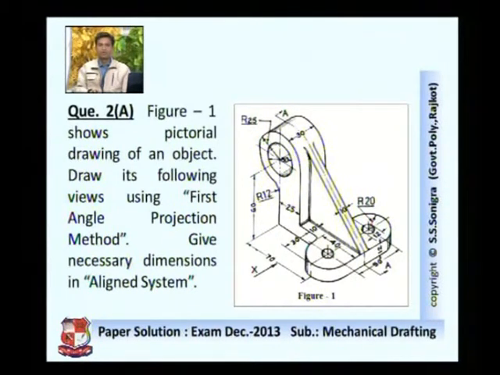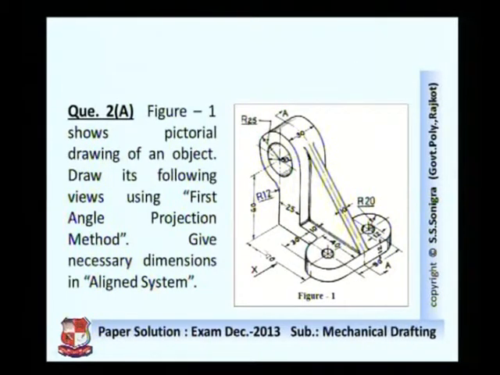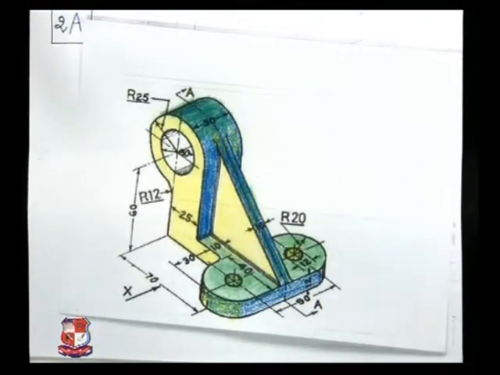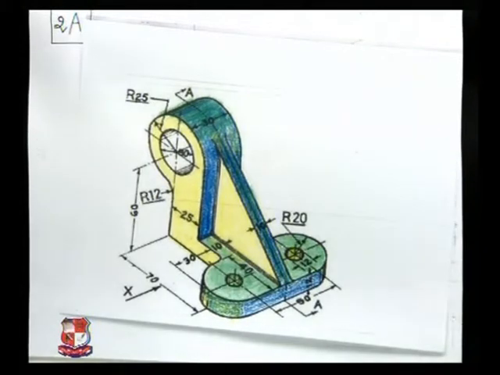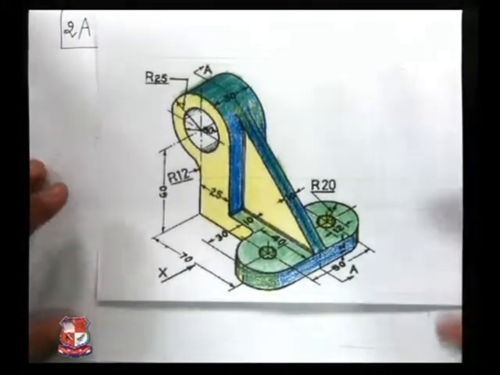Here we have to draw, X is shown over here, so we have to draw the front view from this direction. If we look from this direction, this cylinder will appear, that we have to draw over here. Now let me have the imagination of this solid, how this solid would appear if we look from one side. You can see here, this is the colored solid.